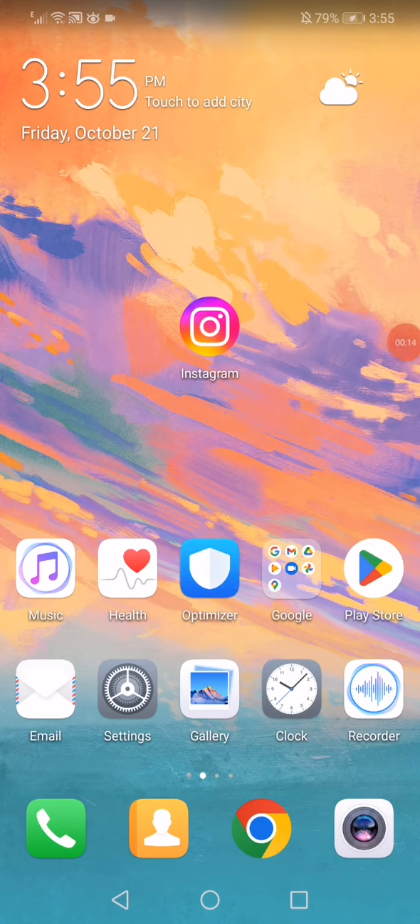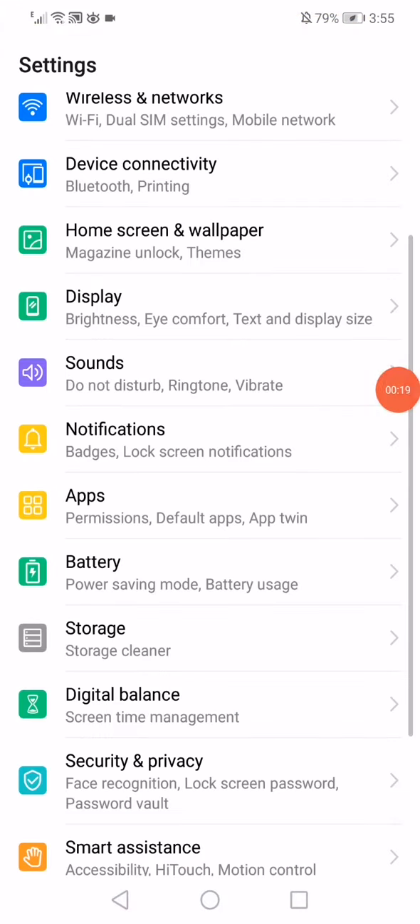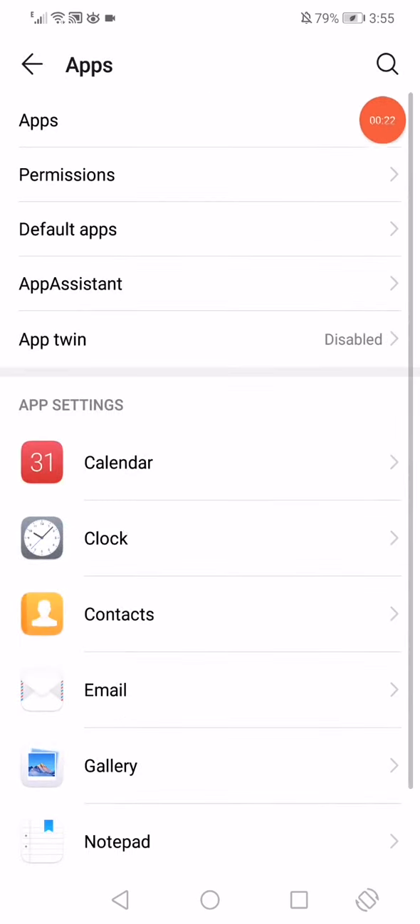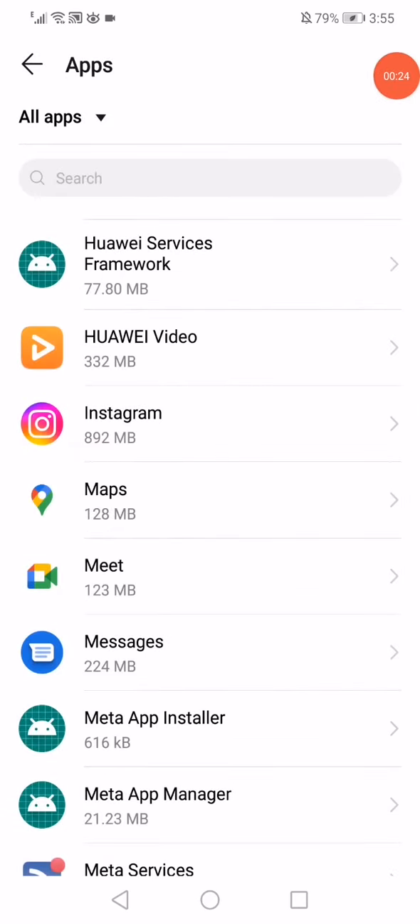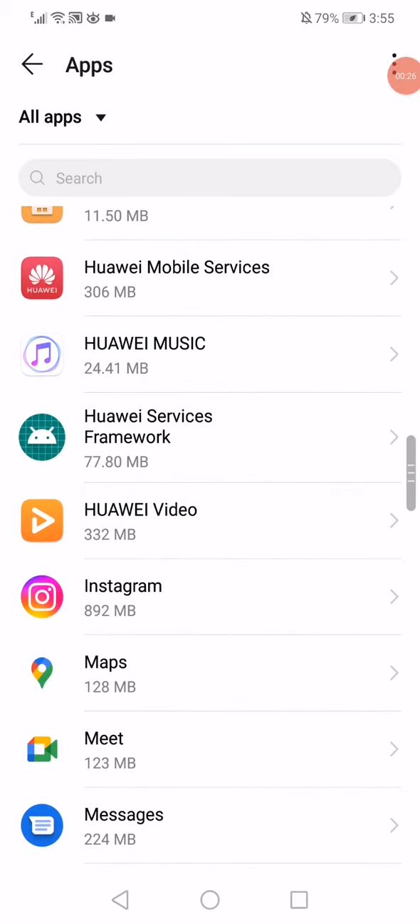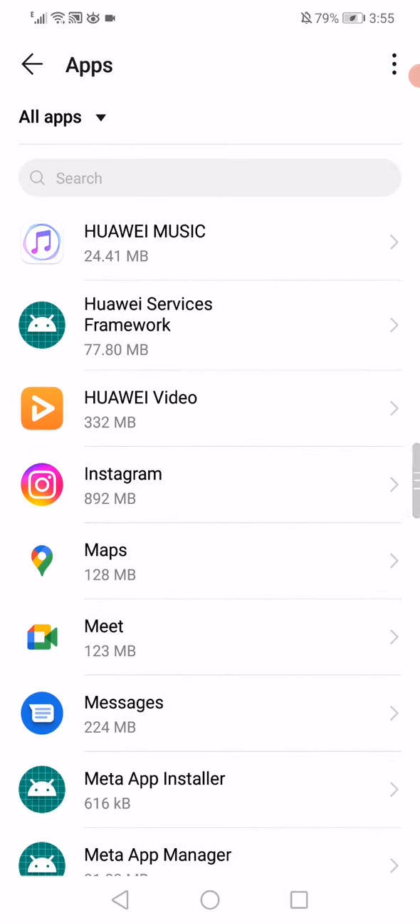All you have to do is go to the settings on your phone and then go to apps manager, go to apps at the top, and then right here on this page you will find many apps. Choose Instagram,